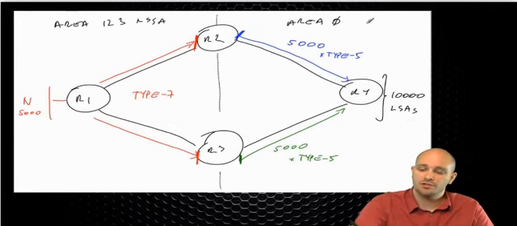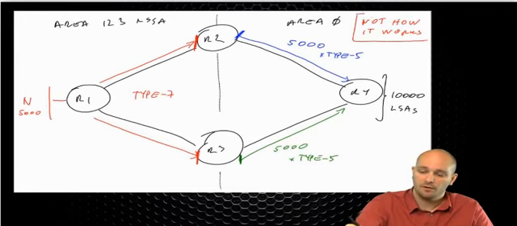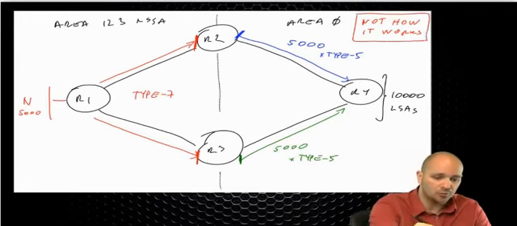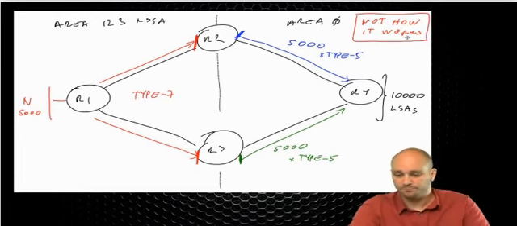So let me reassure you, this is not how it works. Because if this is the way it worked, we would have a big problem. The way it actually works, and now it's the cleanup time,